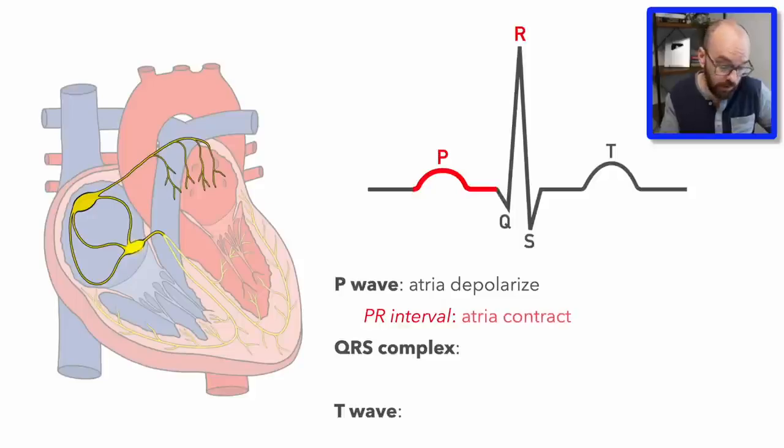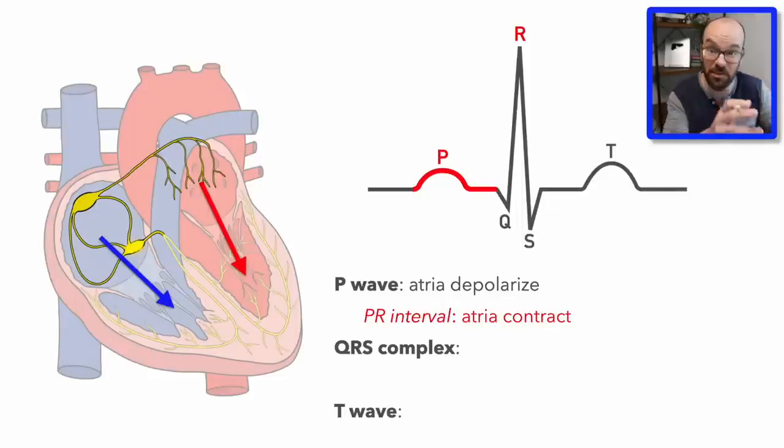Now during the PR interval, the atria are going to contract, and that's going to send blood from the right atrium into the ventricle and the blood from the left atrium into the left ventricle. Basically, any blood that was still left in the atrium